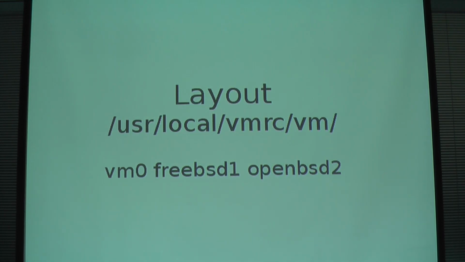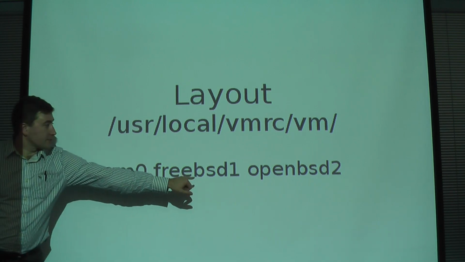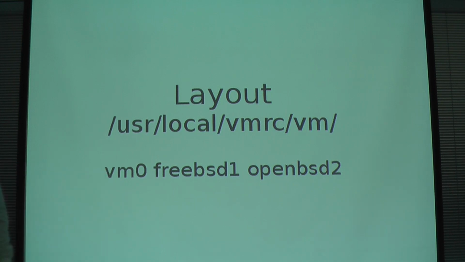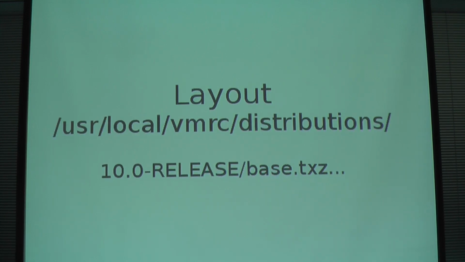So in the VM directory in user local vmrc, I am using numeric differentiators as per Unix style, and they can be named whatever you please. The only issue is that one can't have various numbers in there. There may be workarounds for that. And in the distributions is absolutely off-the-shelf downloaded components right off of freebsd.org. I don't want to hand roll any of that. I don't want to